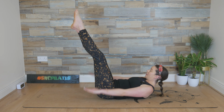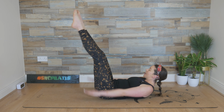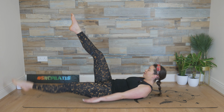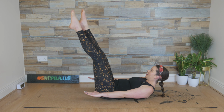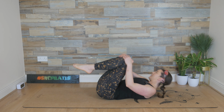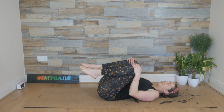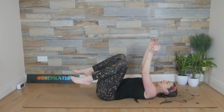And bring it up. Keep those arms strong. The movement comes from the shoulders, not from the wrists and not from the elbows. One last set, right leg drops, lift it up, and then the left leg drops and lift it up. Bend the knees in, lower the head, rock from side to side, let everything slow down, release the arms, release